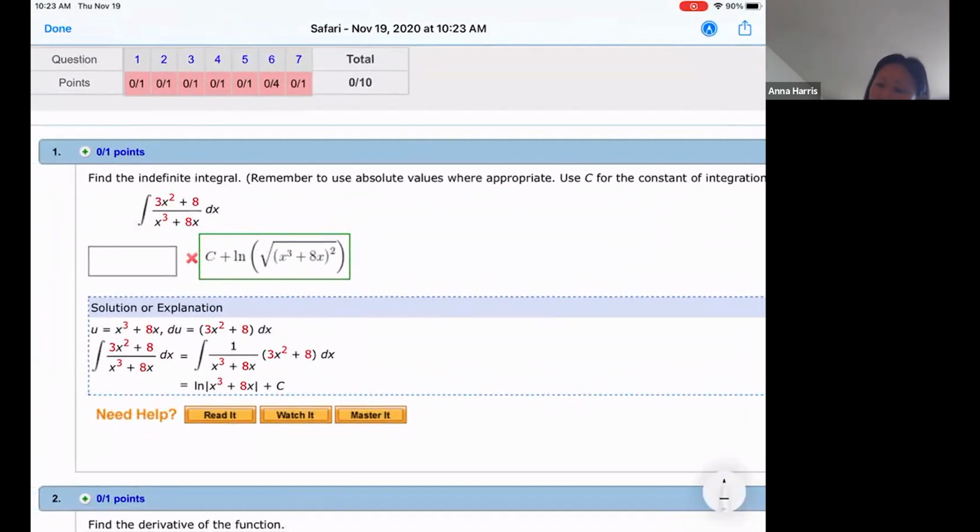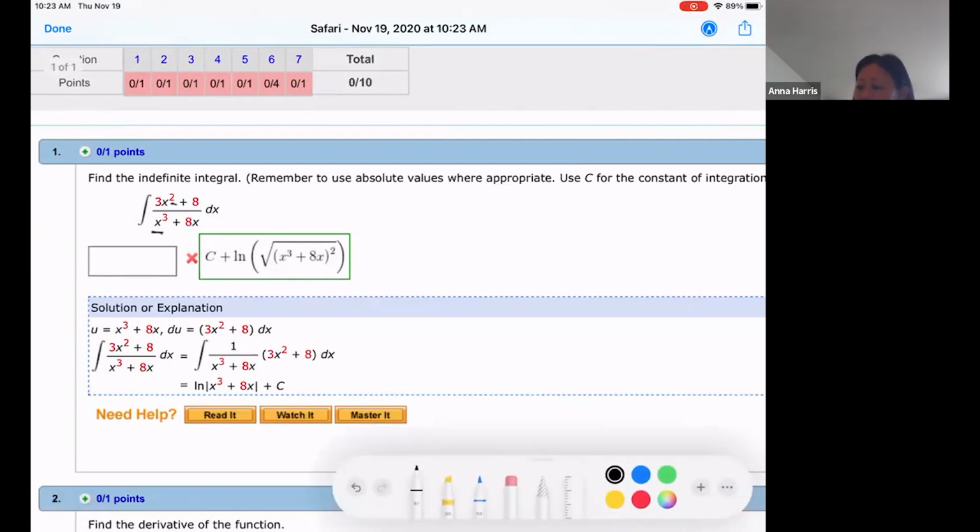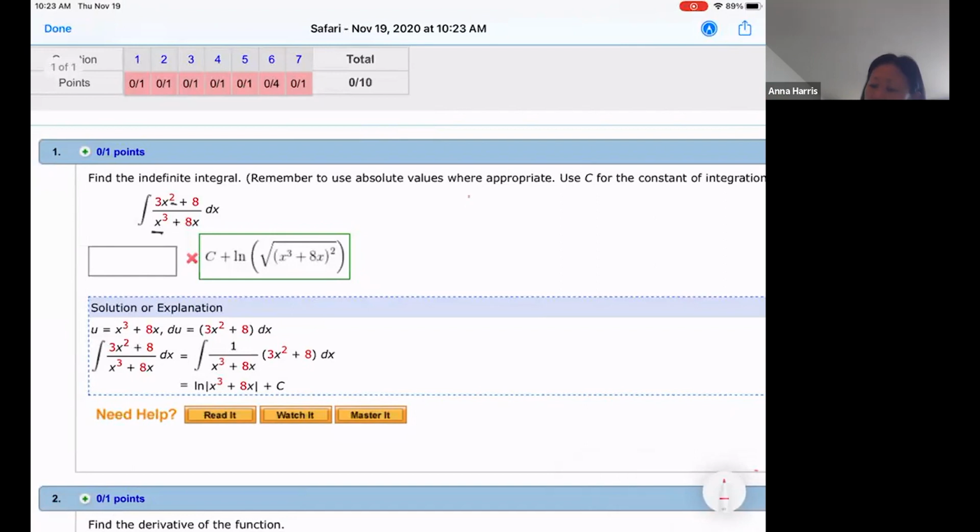You have x to the third and you have x squared. That is your hint that you're going to use u substitution instead of inverse trigonometry functions. In this case, you're going to say my u is equal to x to the third plus 8x. du is equal to 3x squared plus 8